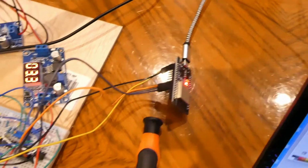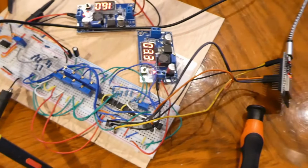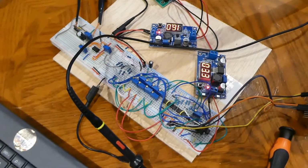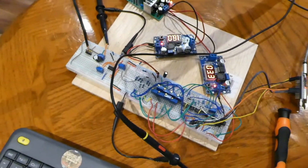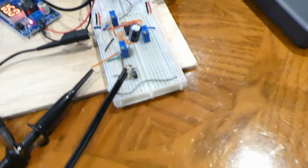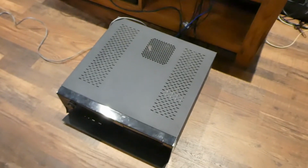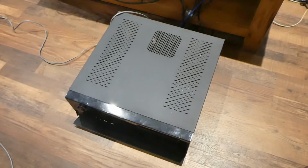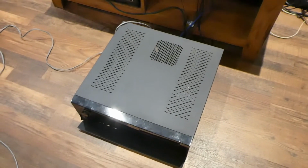The ESP32 is putting the digital data on the DAC. The DAC is then turning that into analog. The analog output coming out here is coming over to this PC. Great cord. The PC has a standard-ish sort of sound card in it. So it has a line input. And then